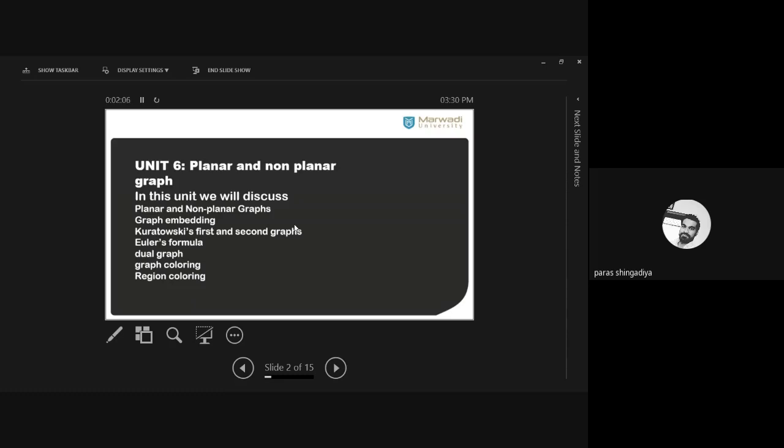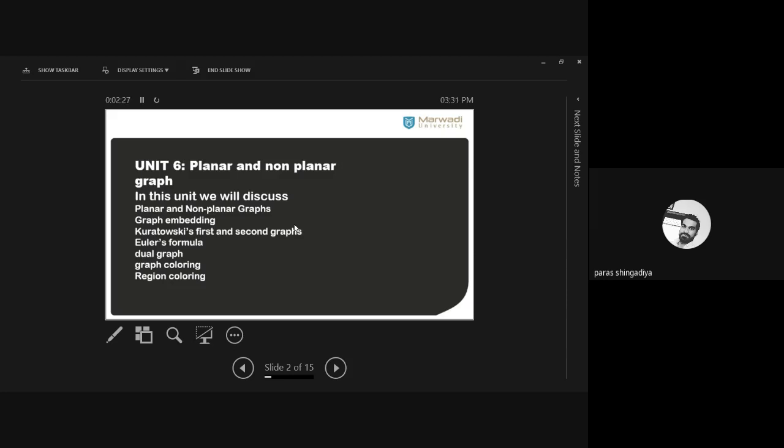So if we have any non-planar situation, where there is a cross between any two edges, we can apply the graph embedding concept to make it a planar graph. It means you have to remove the crossover in the graph and convert the situation to the planar form, meaning a graph without crossover. Clear? That is called graph embedding. That is one definition and its counter example.